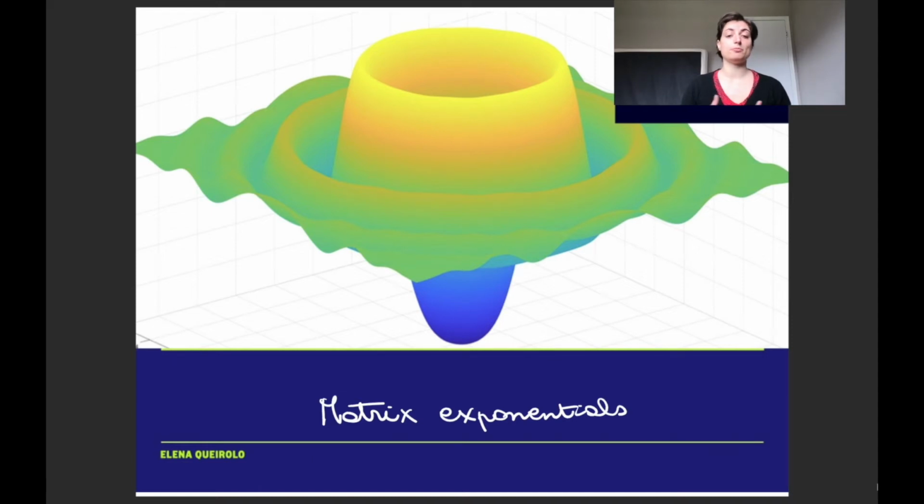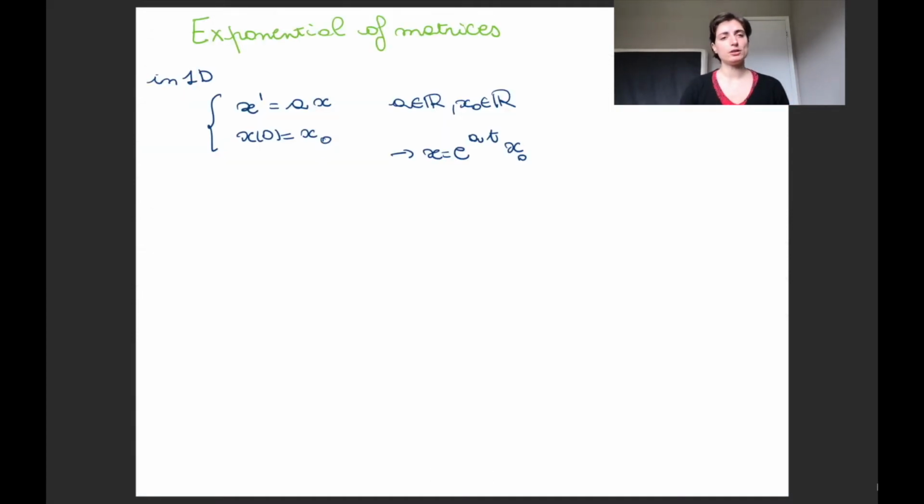New video is about matrix exponentials. They're a new topic that we want to look at in order to construct more based on the fundamental matrix that we just did. So when we're solving linear ODEs in one dimension, we have x prime equals ax, with